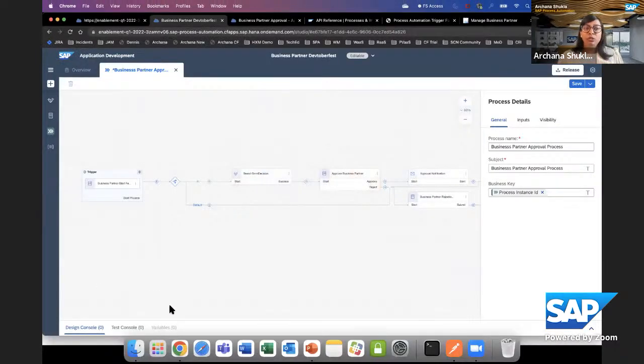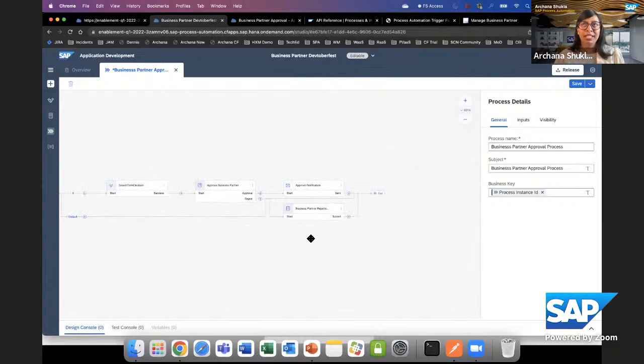Just in the previous session, you saw me designing this process, where the process was starting with the form. It had a decision to fill in the search term, which is one of the mandatory fields. Then you saw an approval form, and once the approval is done, a notification is sent via email. And if there is a rejection, then a form is sent to the inbox with an explicit acknowledgement. Good. Now, next is adding actions to it, because once the business partner approval is completed, you would want to post or